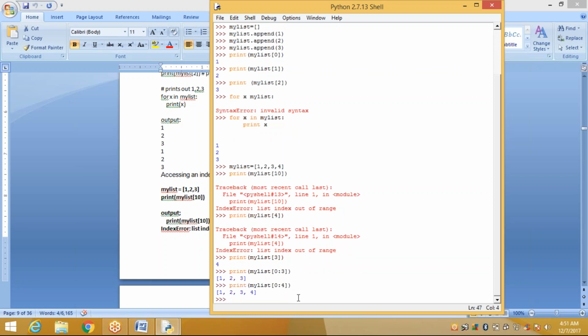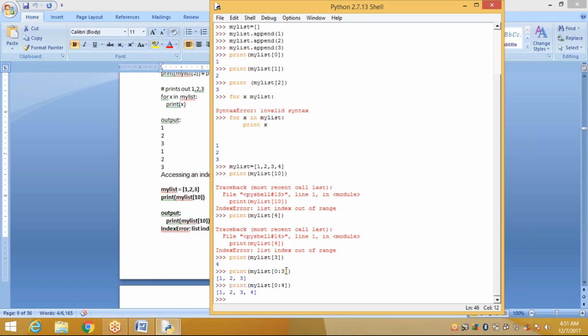You only give the square brackets. That is the array. When you give a particular value, array of 0, array of 1, array of 2, array of 3, only those values display. Suppose you want to display a particular range. Now I want to display 0 to 4. So in this range, it will display array of 0, 1, 2, 3, but it excludes 4. It only displays 0 to 4, not the fourth value. Okay, that is the range.